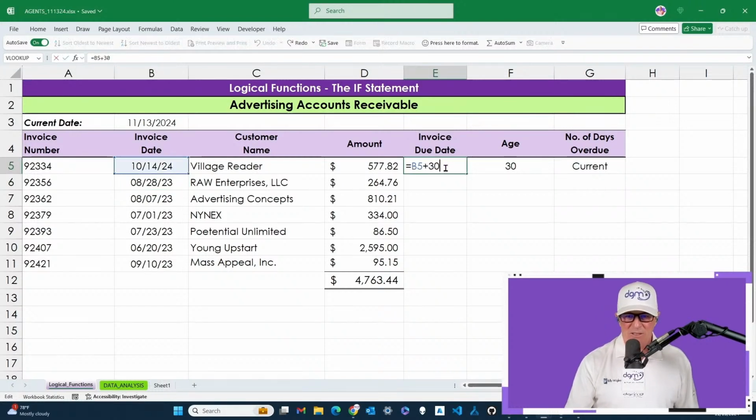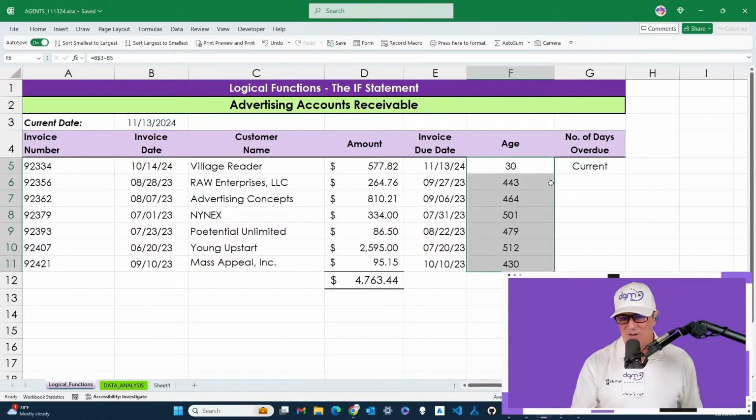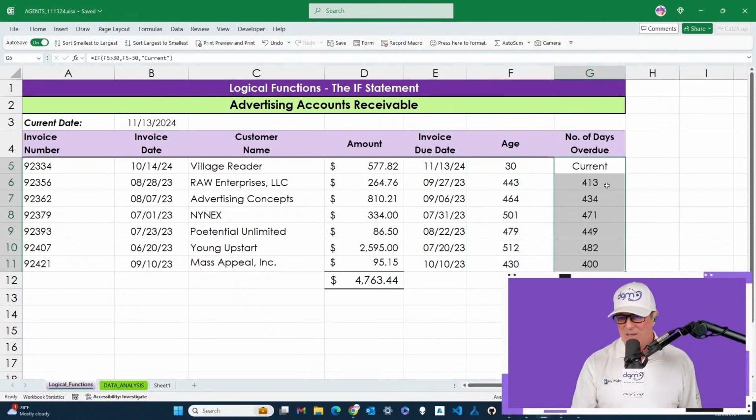And then if I wanted to copy this formula down, I can copy it down. Everything's cool. It even gave me the anchoring, so that it knows that this particular formula has got to stay in place. When I copy it down, due to relative referencing, everything would update unless we anchored it. Look at that. A lot of overdue invoices. Now let's copy that on down, and all of these are